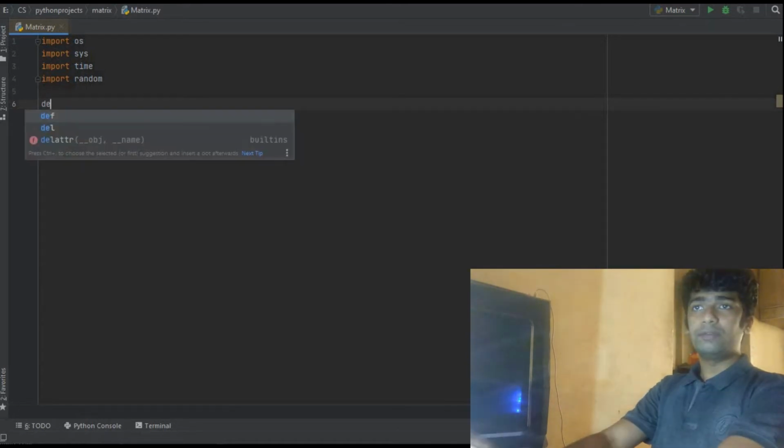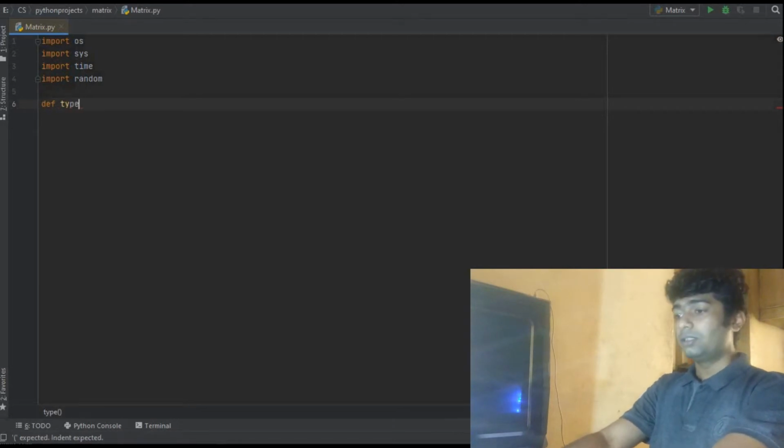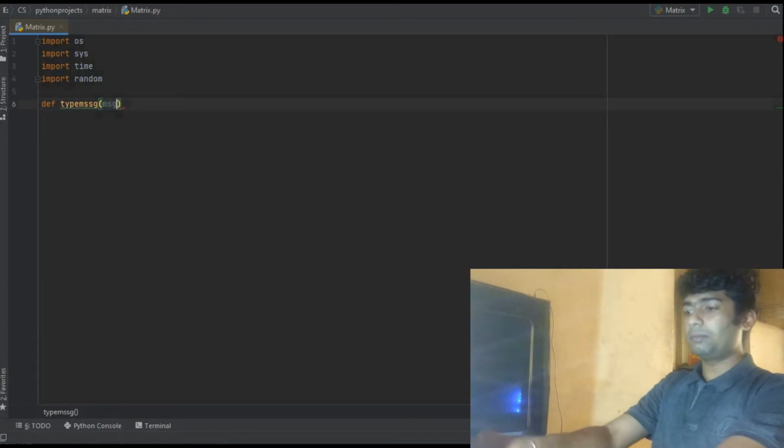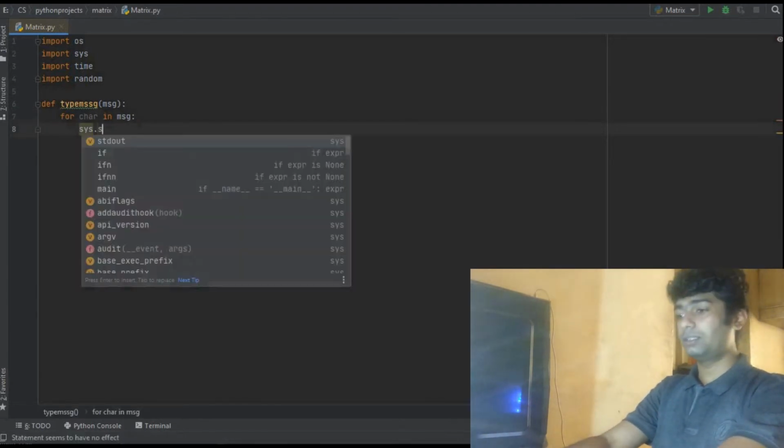So first we are going to define a function that will produce the typing effect that we see in the movie. We'll define a function called type_message, and that will take message as the parameter. We will run a for loop which will throw all the characters onto the console one by one. So for character in message we will